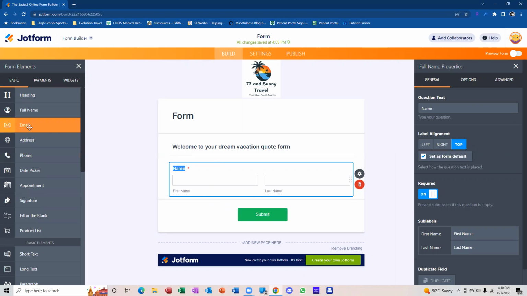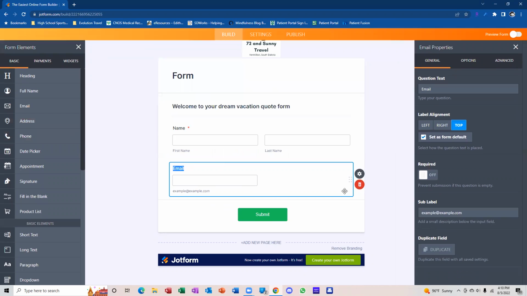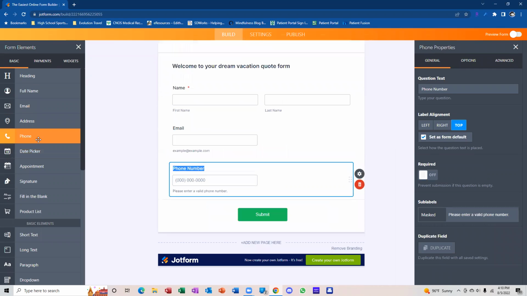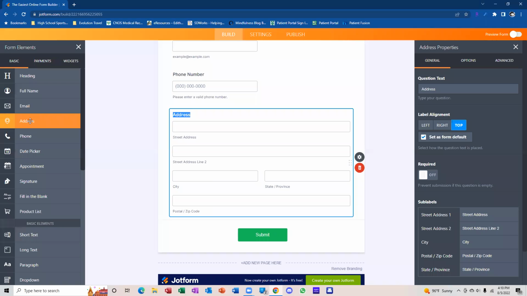So all you have to do to create a new entry area is just click on the element. So we're going to click on email. We're going to click on phone number. And I like to have my clients' address too, so that I can send them anything by mail, whether it's a little thank you gift or a thank you note for booking with me. You can put in a date picker. You can put in a fill in the blank if you want. Or what we're going to do now